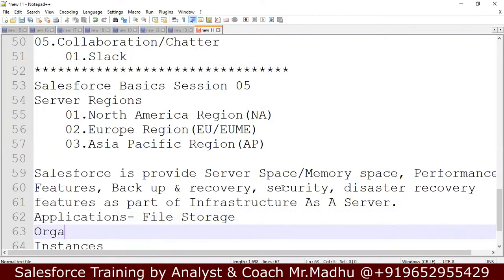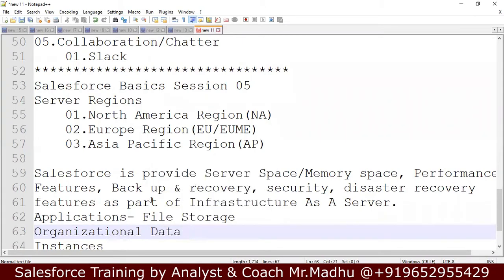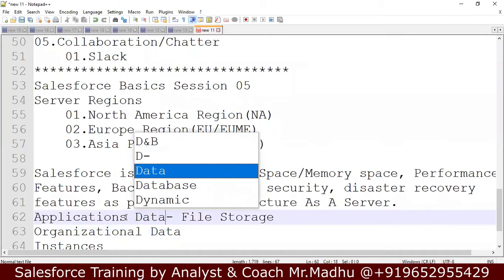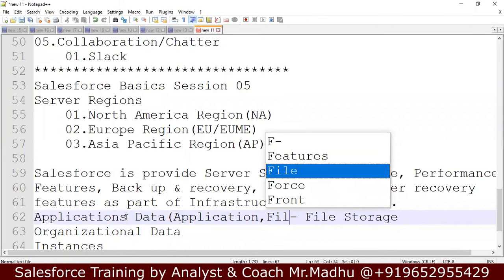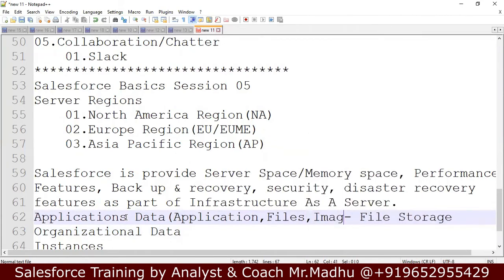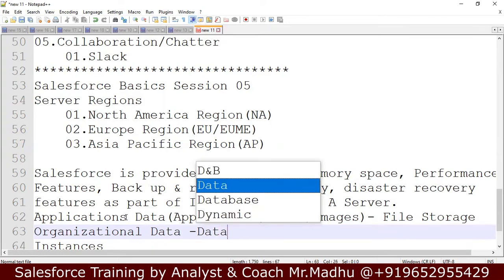And the organizational data: applications data is nothing but their applications and files, images, documents, anything related to that application. After designing the application, they use that application for their services. Like if you take a bank, their customer account details, customer transaction details, that is called organizational data. That data is called data storage.